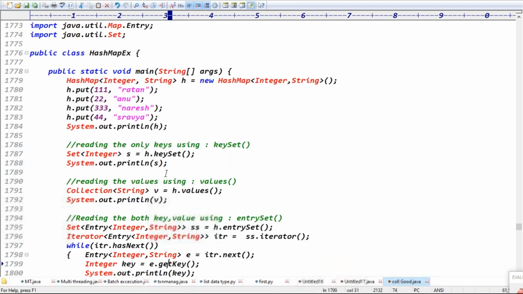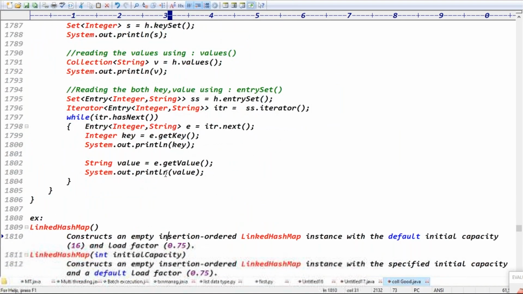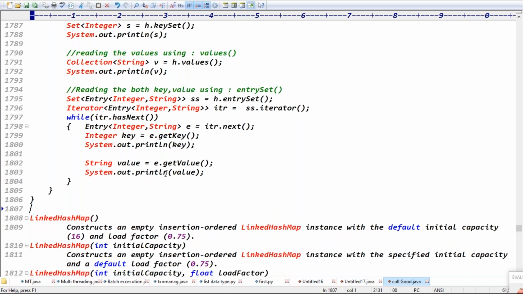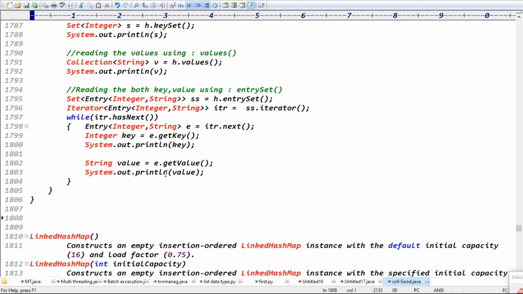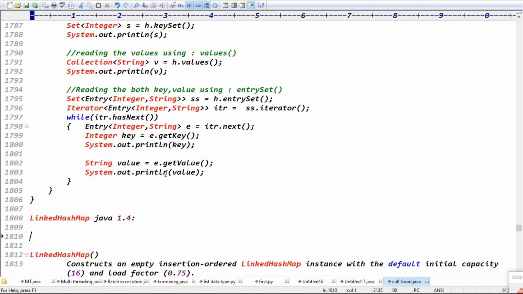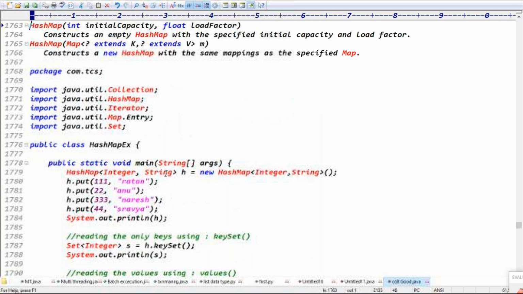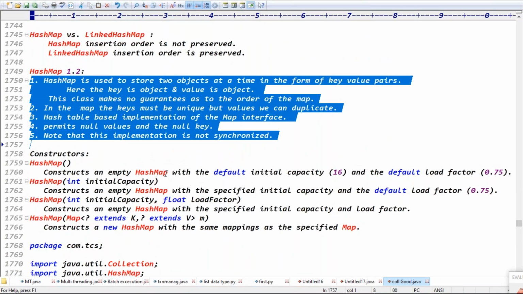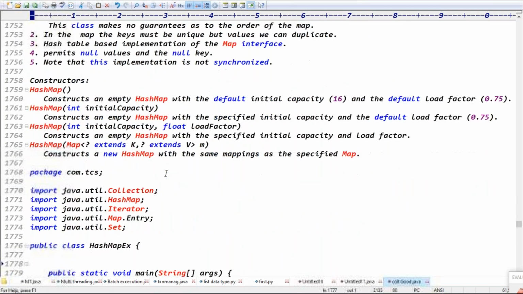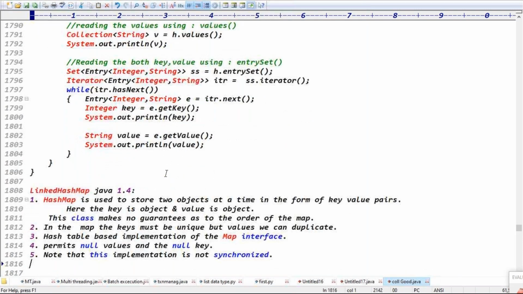This is the first example, guys. We try to check this first example. LinkedHashMap means again the same points you can take. LinkedHashMap means the same thing, like 5 points only. LinkedHashMap is from which version, guys? Java 1.4 version. And what is the difference between these 5 points and those points? Only which one is different, guys? What is the difference between HashMap and LinkedHashMap?